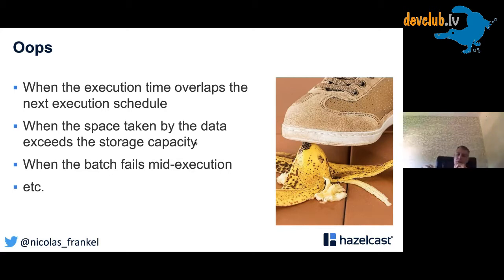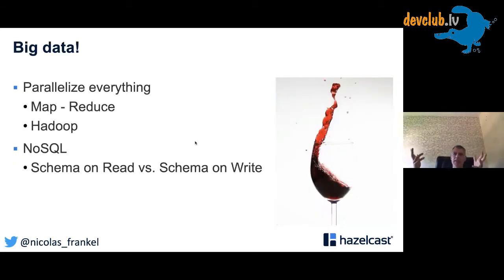And to fight that, there was this big movement called big data. And big data had different ways of looking at things. The basic foundation of big data is you can parallelize everything. So instead of having a database that has master and slave and replication, you could have different nodes, and then you could distribute the load among all the nodes and parallelize the work. And then you have horizontal scaling, and well, it can be close to infinity.